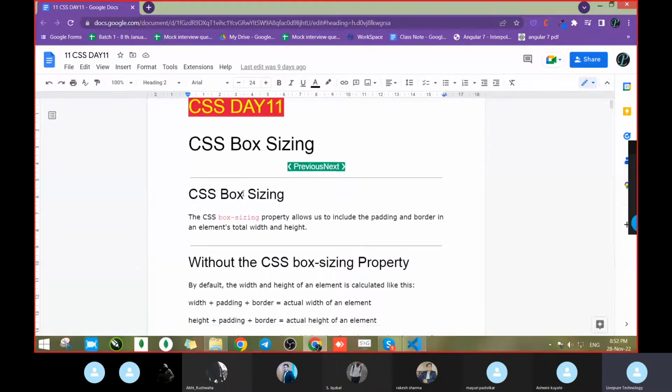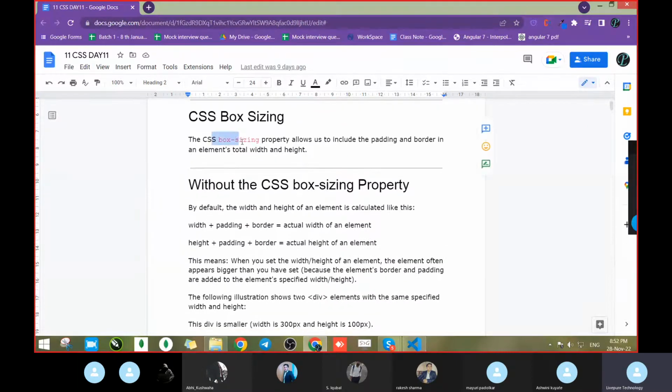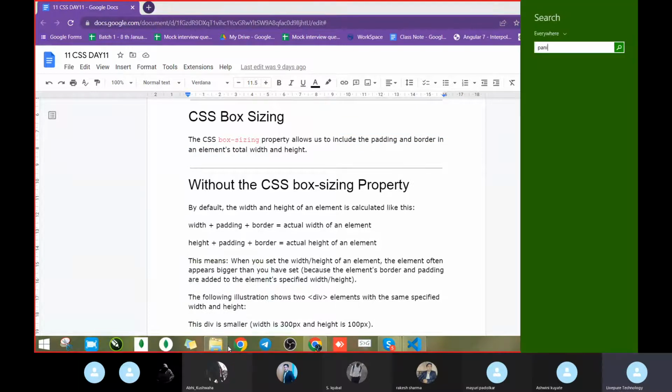So let's go through the theory. The CSS box sizing property allows us to include the padding and border in an element's total width and height. In the sense, if we are considering the total width,